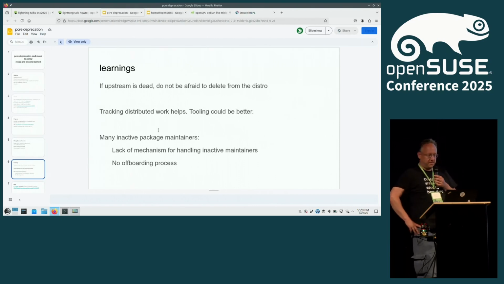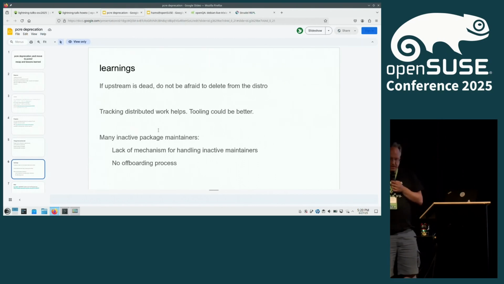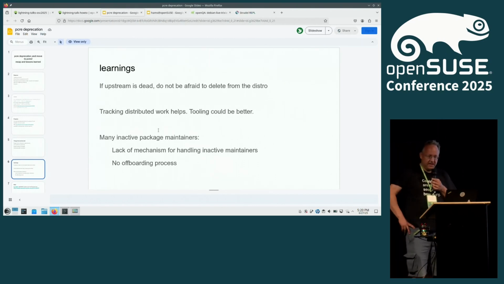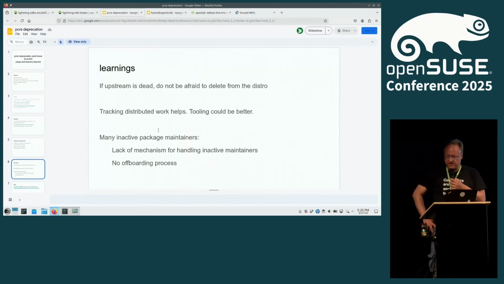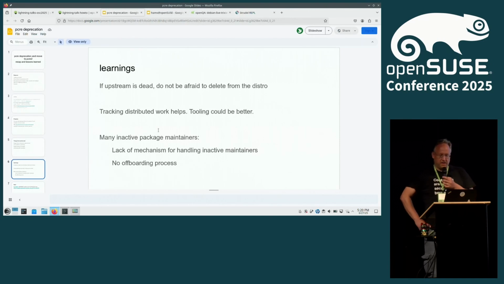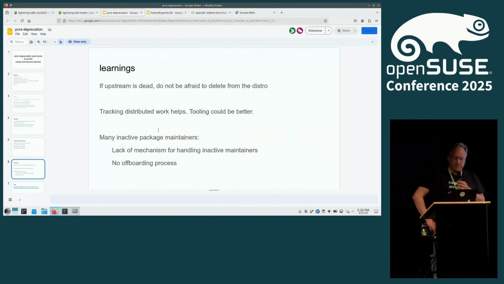Just to share what I learned, on occasion we find upstream that is dead. Sometimes the project is dead, and unfortunately, on occasion, people just pass away, and I found that as well. There's nothing to be done about this, but if this happens and there's no replacement, delete it from the distro. Tracking the distributed work helps.